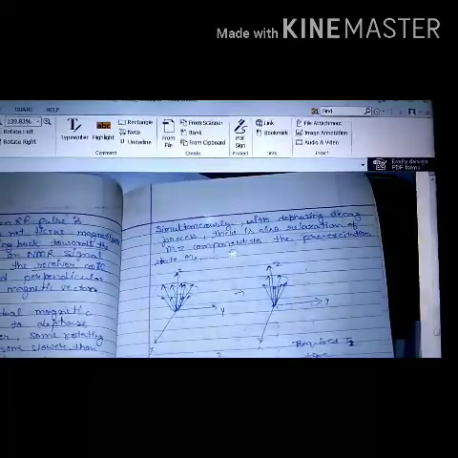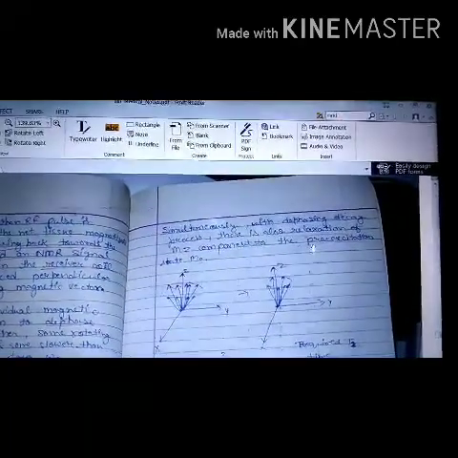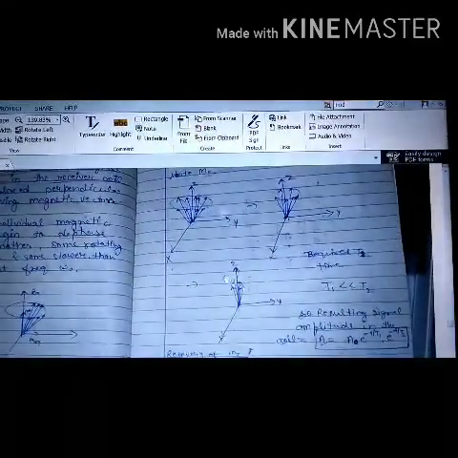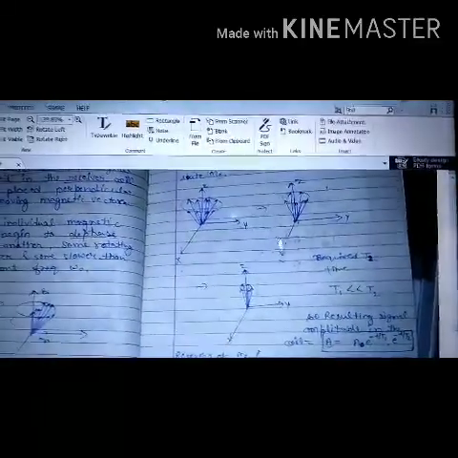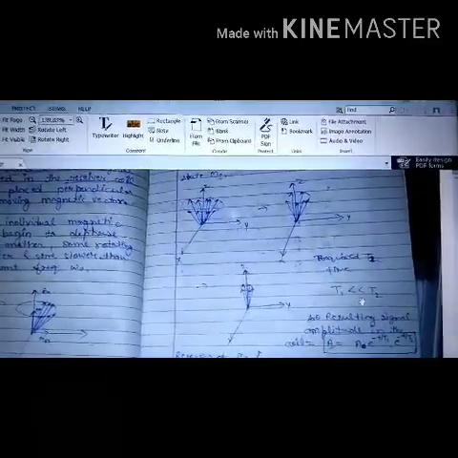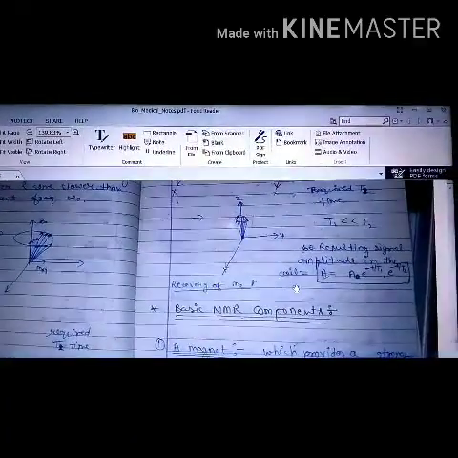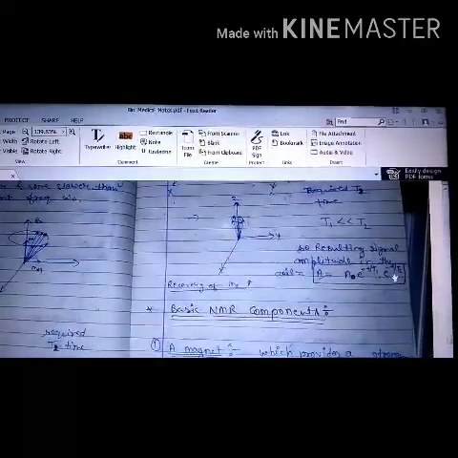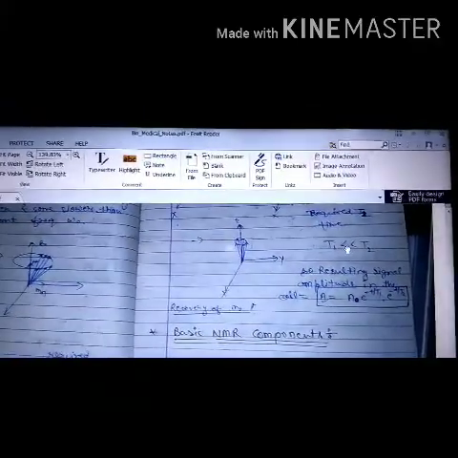Okay, then finally, simultaneously with the dephasing decay process, there is also relaxation of the Mz component to the pre-existing state of M naught. It will come back to the pre-existing state, and depending upon the applied fields, the time can vary, where T1 can be greater or less than T2. So the resulting signal amplitude in the coil will be A, that is equal to A naught e to the power minus t by T1 into e to the power minus t by T2, where T1 and T2 are the individual times.